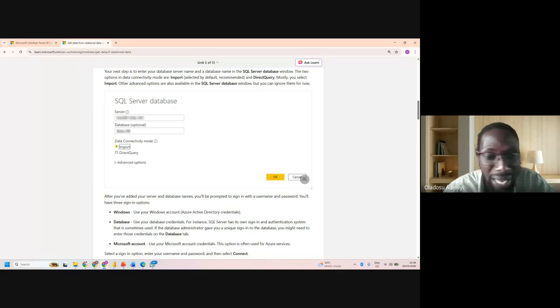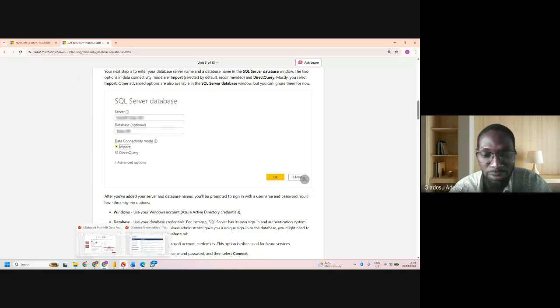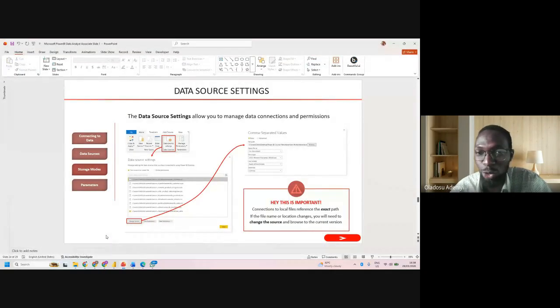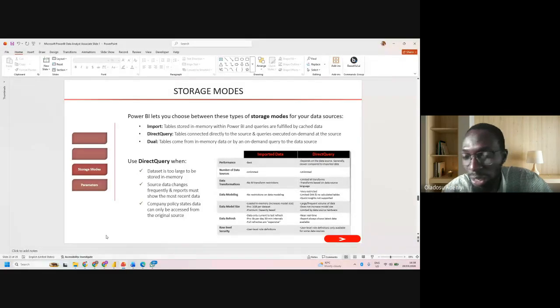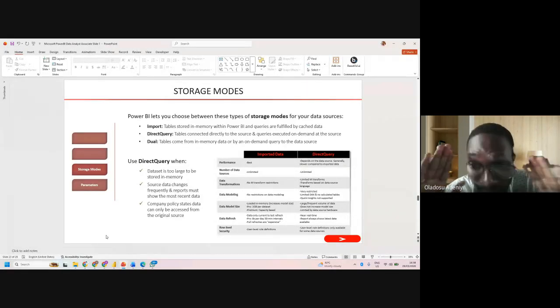You need to know the difference between import and direct query. Your imported file is the best. Direct query has to go and start scanning, so it can be very, very slow. Let's assume that we have a database of more than 50,000 or 100,000 records.